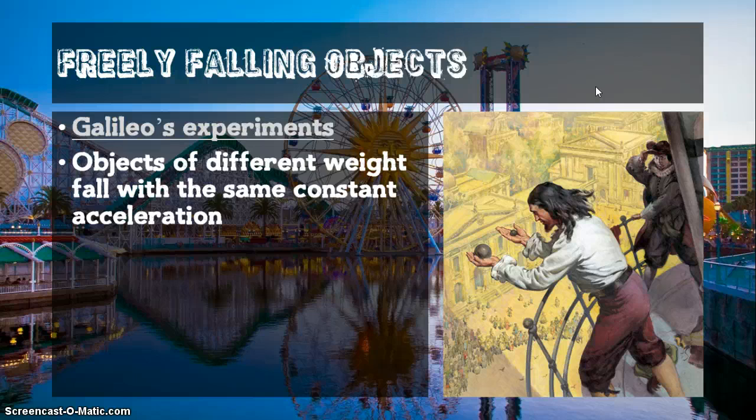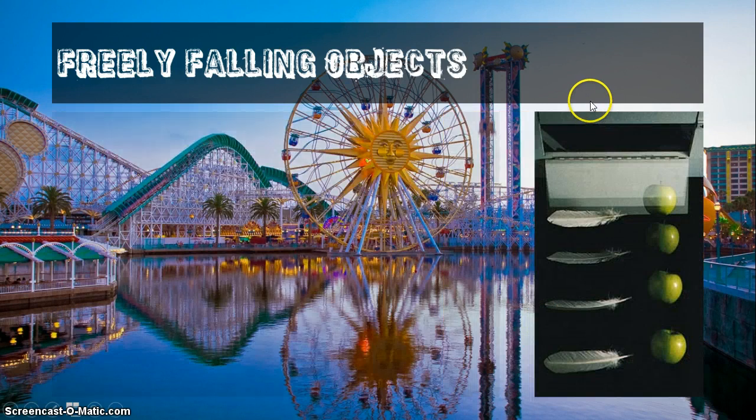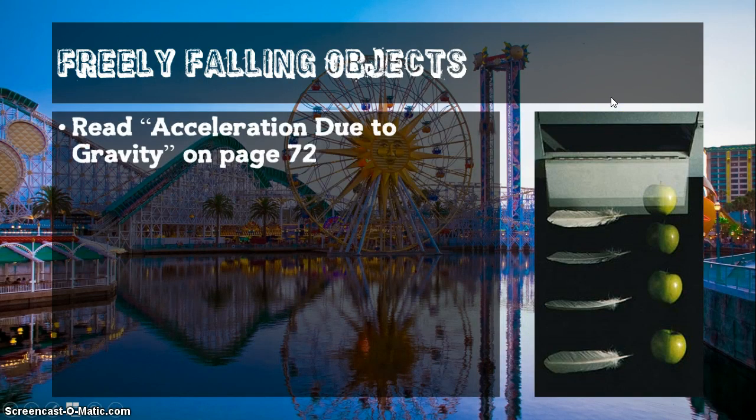He also has his famous leaning tower experiment, where he tested the hypothesis that objects of different weight fall with the same constant acceleration. Again, for 2,000 years before Galileo, the thought had been that heavier objects wanted to fall faster than light objects. Galileo crushed this idea with the legend of this Tower of Pisa experiment. He had also hypothesized that if there were a way to delete the effects of air resistance, something like a feather that was light and would undergo much air resistance would fall at the same rate of something